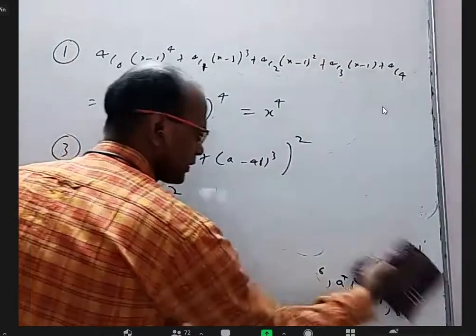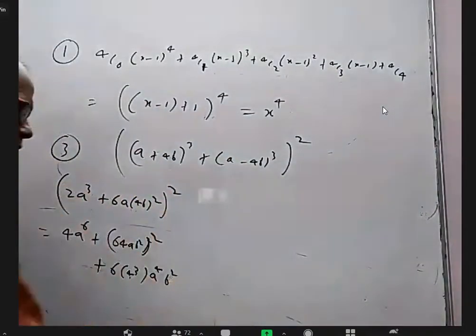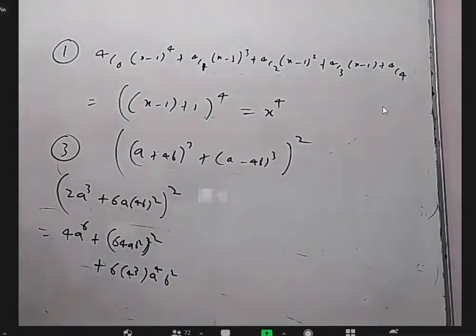Sir? Yes, please. Sir, I have an idea. Can I say that in this question? Tell. Sir, (a plus 4b) whole cube is given, no sir? So it will be 4 terms, no sir? Yes, correct. Then (a minus 4b) whole cube, that is also 4 terms, no sir? Yes, correct. In those 4 terms, the even number terms will cancel, no sir, if we expand. Yes. Then we'll have 4 terms only, no sir.